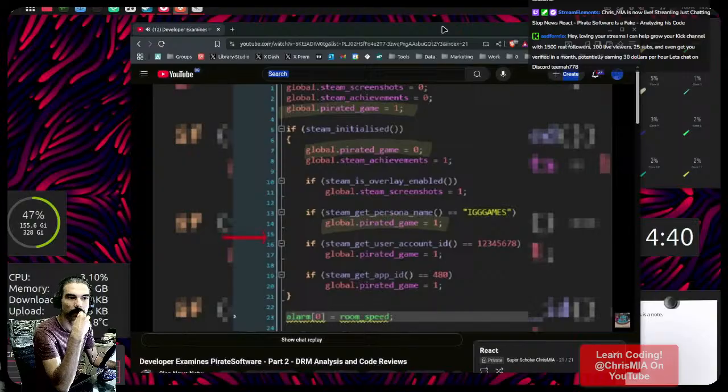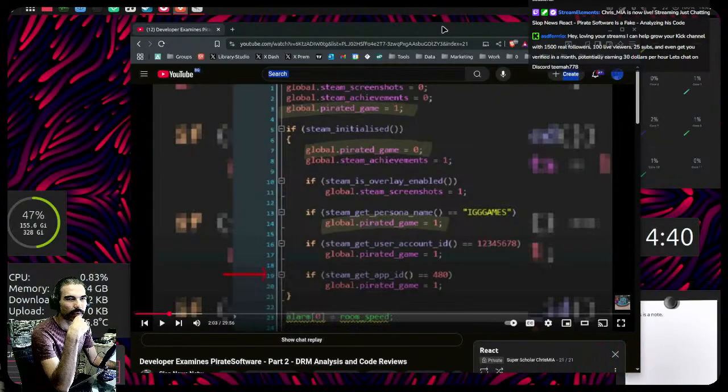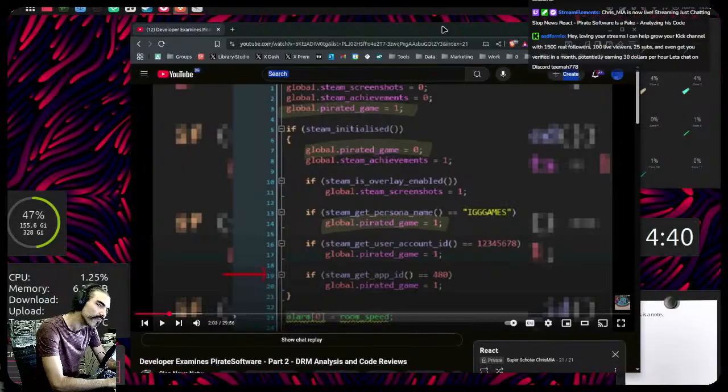Now, we move on to line 16 where we check to see if there's a bogus account ID. We also, on line 19, check this one, which is different. The Steam get user account ID equals 1, 2, 3, 4, 5, 6, 7, 8. Sure, a bogus ID would make sense in this case, but it's hard to really determine unless you know a particular algorithm that Steam uses to create their accounts. This would be one case, but what if it's 876543221? You'd miss that particular bogus ID.